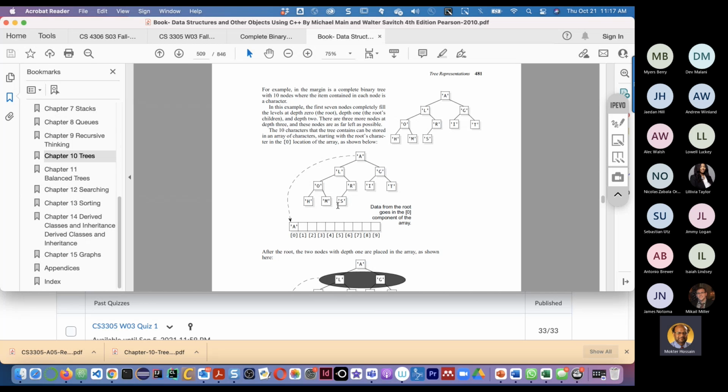But in computer memory it is held either with a linked list or with an array.